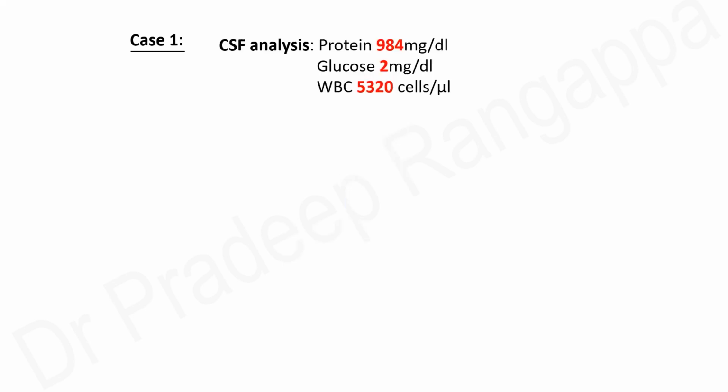Then we did a CSF analysis. This is an important aspect one should consider in someone who has had a cerebral event and an intervention with the drain sitting. You would have to consider CSF or meningitis as one of the possible reasons for fever with a drop in GCS. This patient had a very high protein, 984. I think the clincher is the protein being high, but the glucose being very low, and the WBC. Glucose being 2 really indicates upfront that possibly it's a pyogenic meningitis, because it is too low.